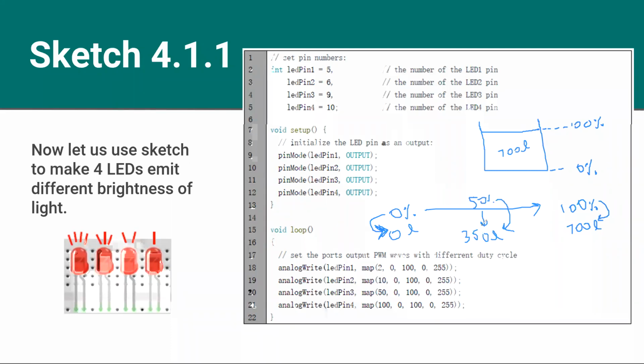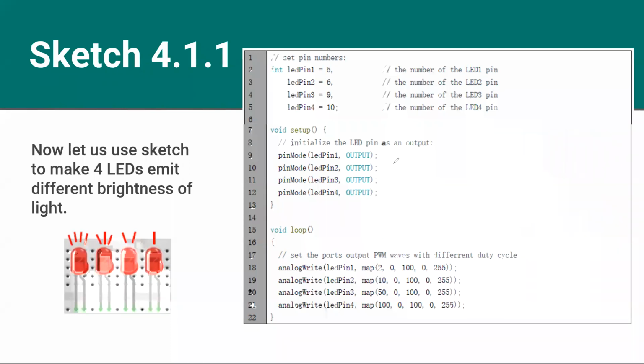So that is the exact idea, right? We are mapping these percentages to liters. When we have a fully topped up water tank, we say it's 100%, so we know that it holds 700 liters, and if we are at 0%, we know that it holds 0 liters. And if we are at 50%, automatically we know that we have 350 liters. That is the case for all the other values, right? So that is the exact case with the map function. The map function is going to take 3 arguments and it is going to map that value, right? So let's take a look at the map function.